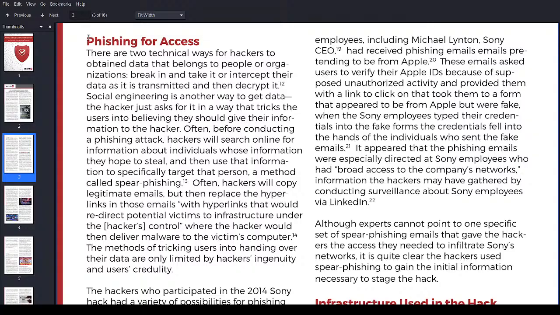Hackers will search online for information about individuals whose information they hope to steal, and then use that information to specifically target that person, a method called spear phishing. Often hackers will copy legitimate emails but then replace their hyperlinks in those emails with hyperlinks that will redirect potential victims to infrastructure under the hacker's control, where the hacker would deliver malware to the victim's computer. The methods of tricking users into handing over their data are only limited by the hacker's ingenuity and users' credulity.